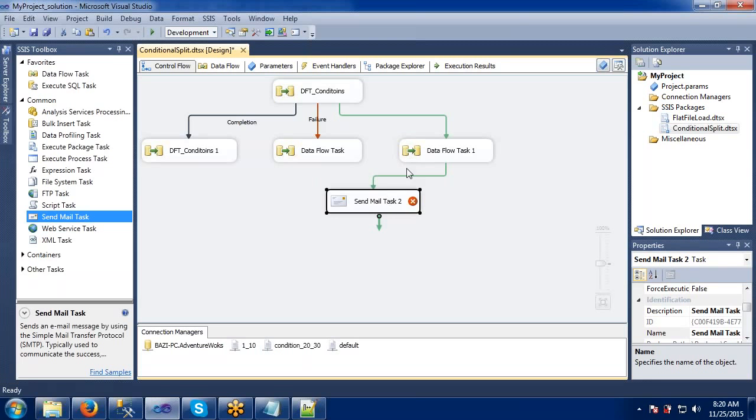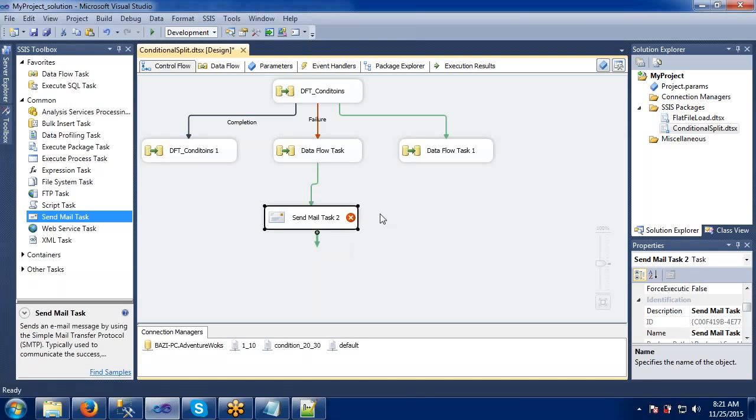Most of the times we don't give any mail on success. If it is failed, then only we give these mails. Why? Because then we can be alerted. Some manager will see that, boss, your package has failed, look into this. In real-time scenarios, it will be given in most of the failure cases.